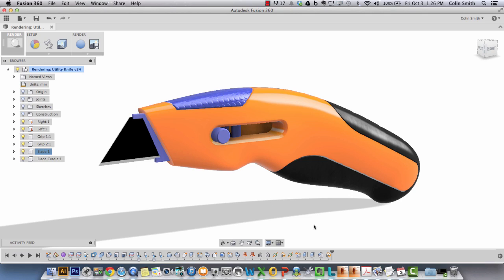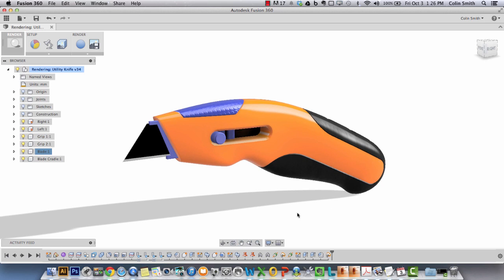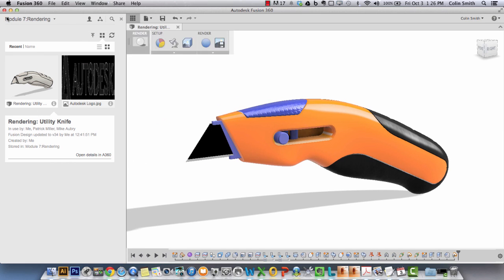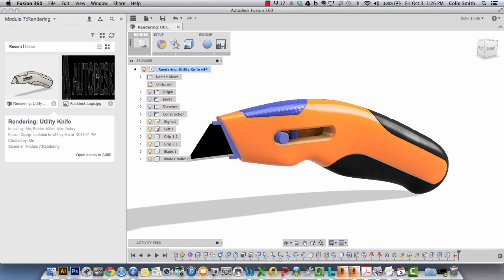The last thing I want to do before I start looking at actually doing a rendering of this is I want to apply a decal to it. So what you need to do in this case is, in your module data set there is this Autodesk logo, and you need to download it onto your desktop and then apply it as a decal. So I'm going to click on here